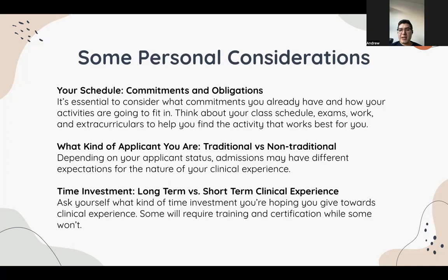And then, depending on where you are, traditional versus non-traditional applicant, you also see if you can take an extra year for clinical experience. And if you do take a whole year for clinical experience, you're supposed to get more, obviously, because you have more time and that's where your energy is going. And then short versus long-term clinical experiences, you can always do both, right? You can always have a long-term clinical job that's paying the bills, making sure you're not destitute and homeless, right? You need to keep the lights on. But you also volunteer and make sure that you're gaining more and more skills